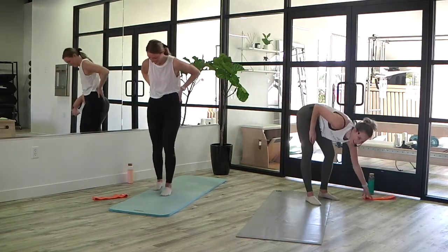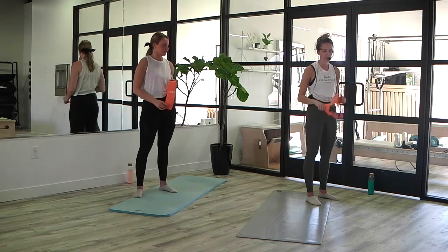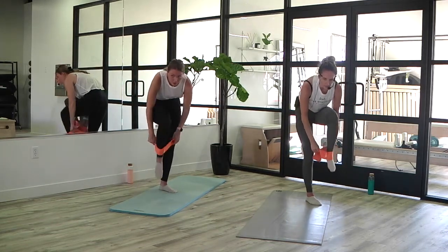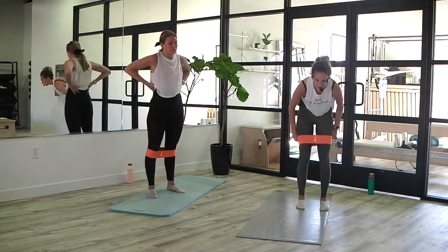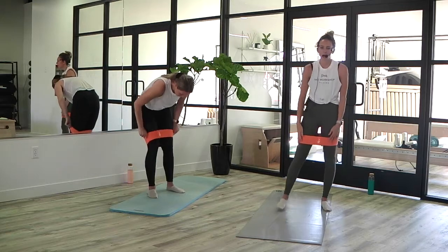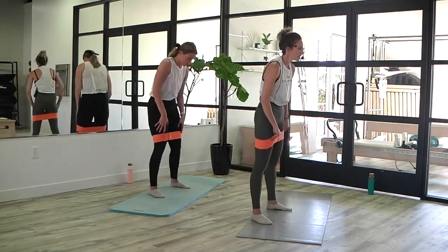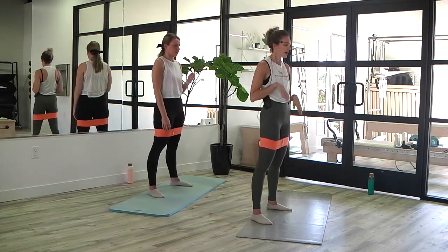All right, second set, we are going to bring in our resistance band. So at any point if the resistance band feels like too much, please feel free to ditch it. So we're going to bring the band up over the knees, sort of mid-thigh area is good. We want to find a spot where it's not sliding around too much as we start to add some more